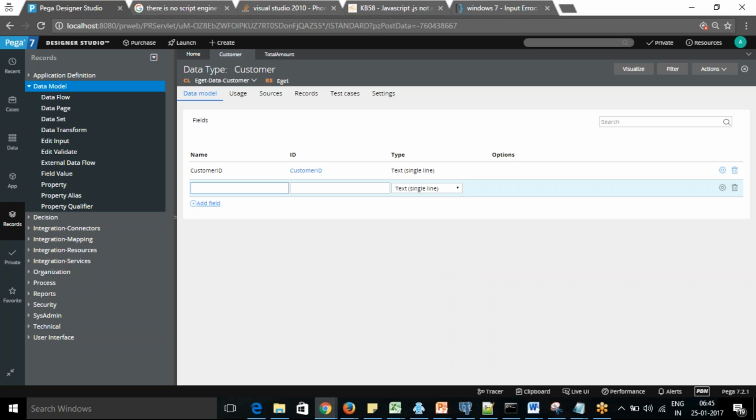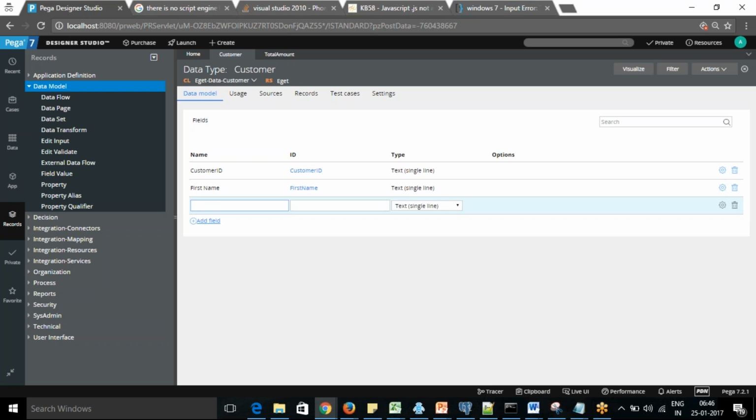Customer ID, okay, you have first name. So this is actually creating the property for you.